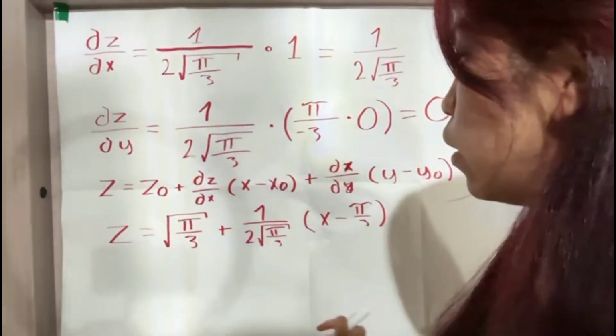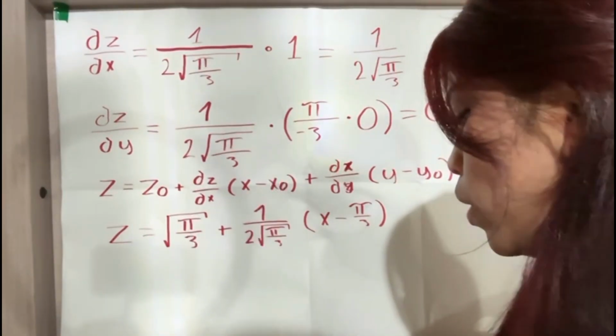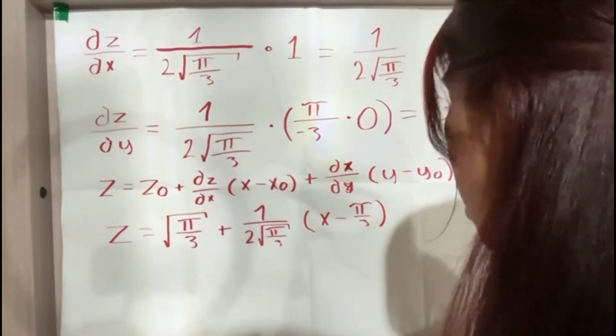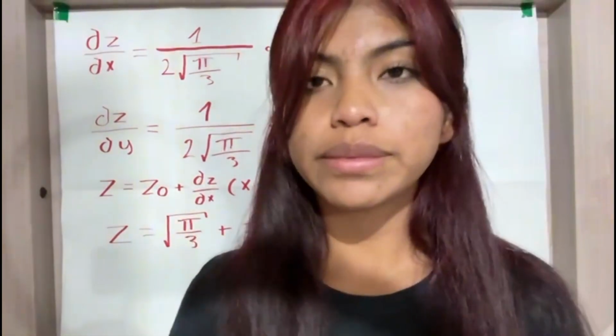So c equals the square root of pi over 3 plus 1 over 2 times the square root of pi over 3 times the quantity x minus pi over 3. And finally,